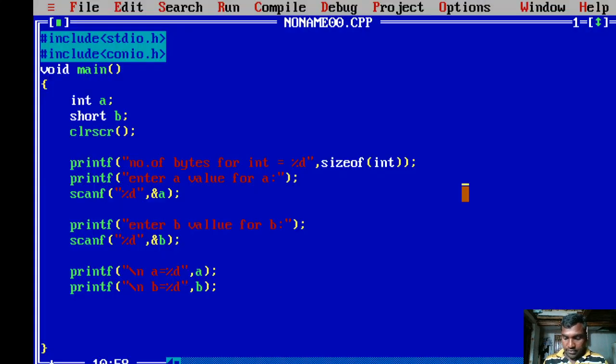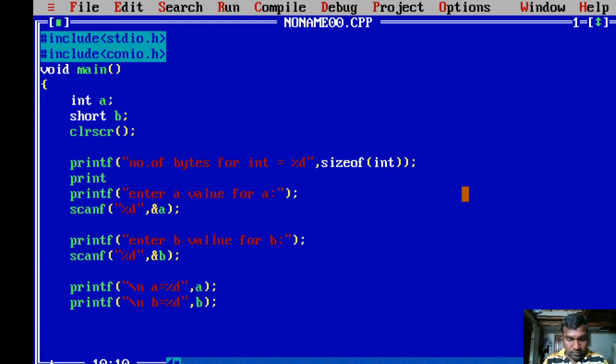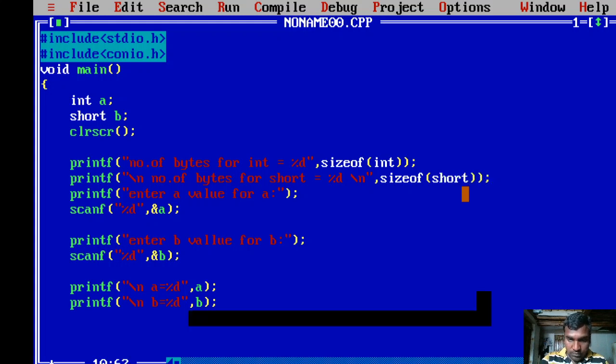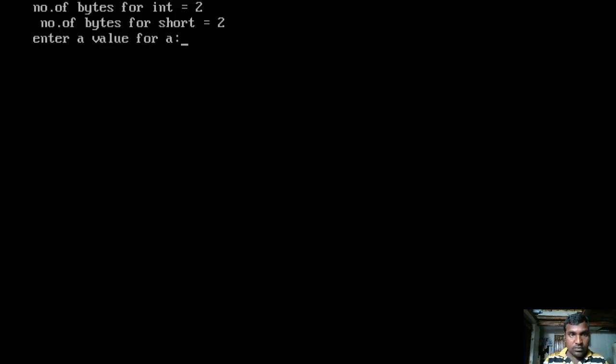Okay, so let us give another value. Let us check for short how many bytes of memory are allocated. For short also it occupies 2 bytes of memory in this system.